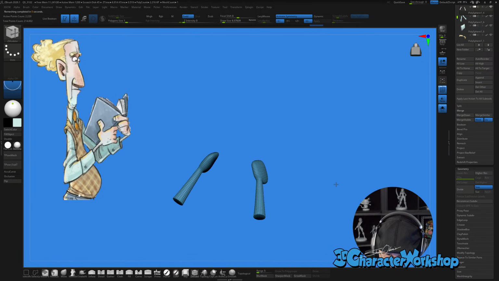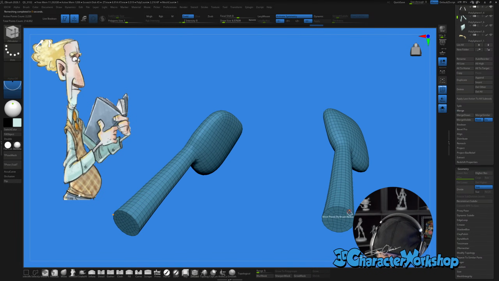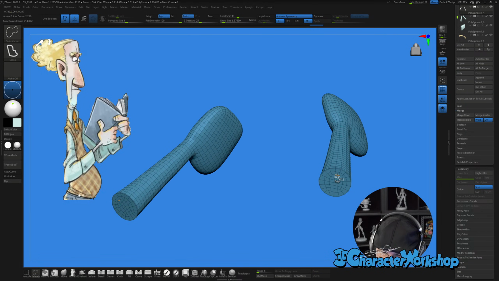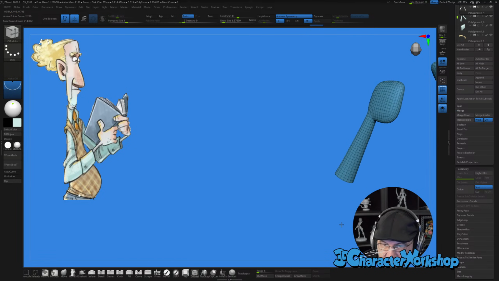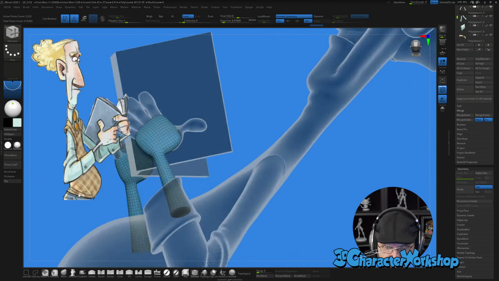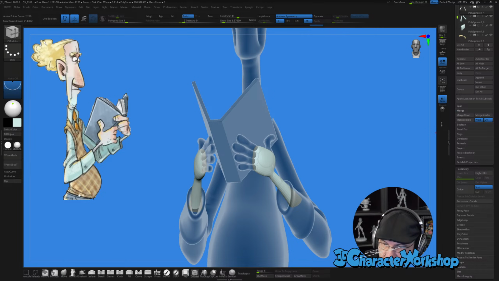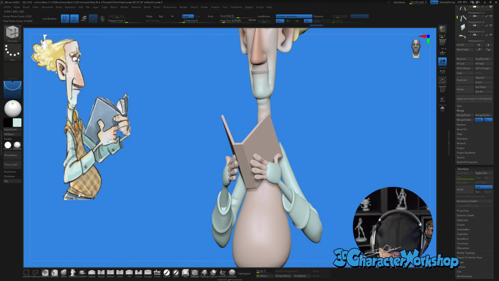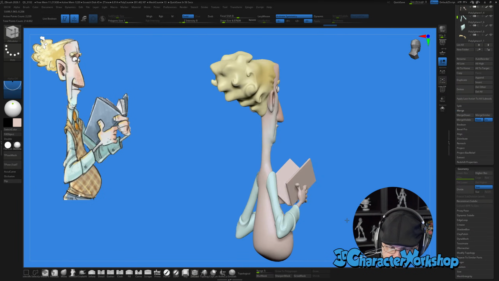Okay, it did detect those edges. Did a good job. It actually put a crease around this edge. I don't think it gave it a new poly group. Nope. But it did detect edges and keep the creases. That's pretty wild. Okay. So now we have our hands and we lost our color. So let's grab that color again. And now we have our arms and our sleeves and all that.